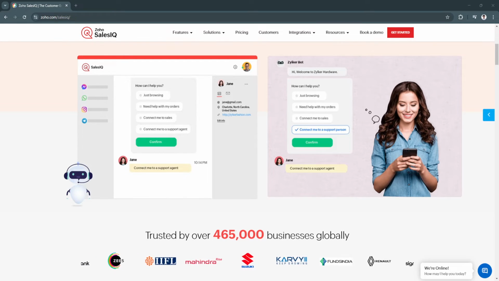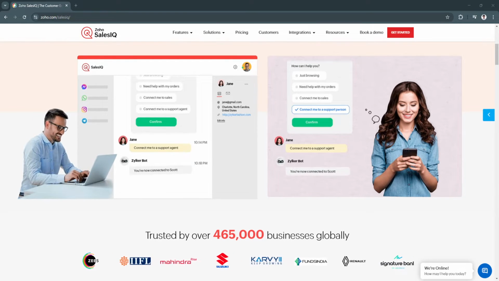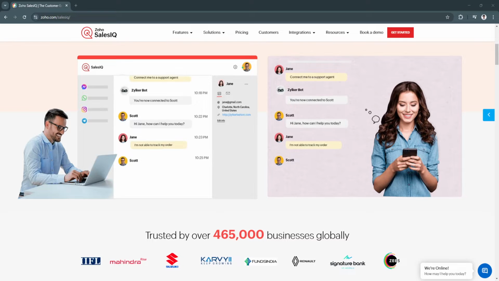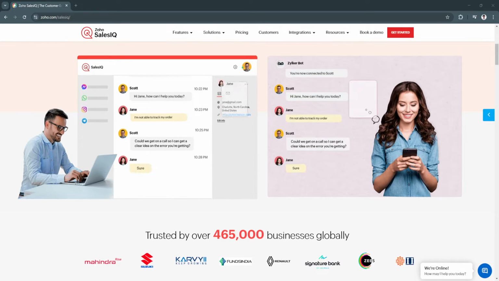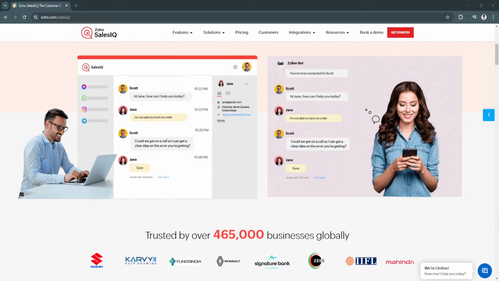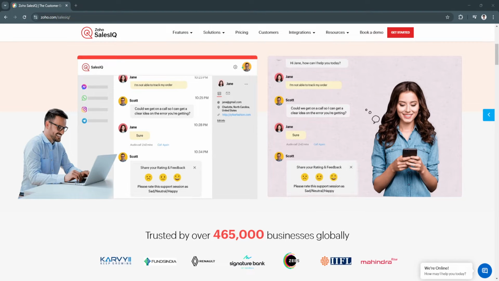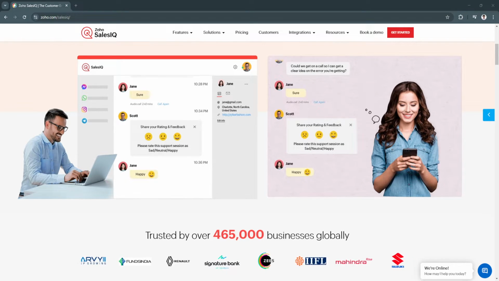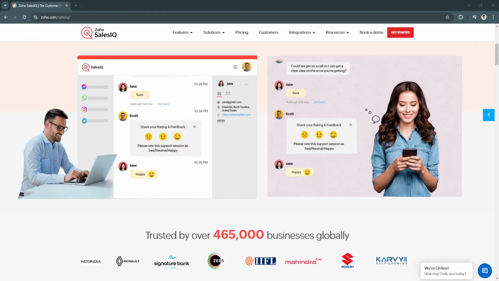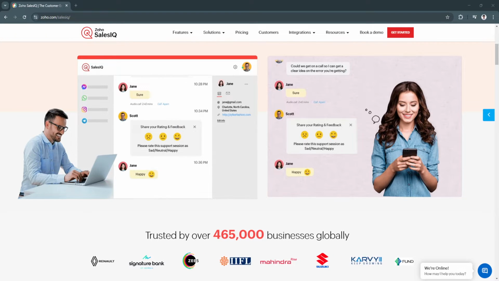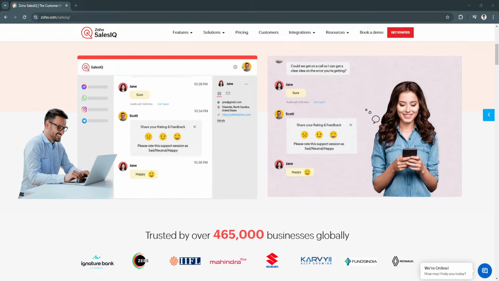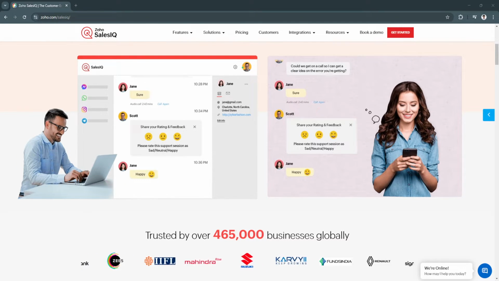In today's fast-paced digital world, providing real-time support and engagement can make or break your customer experience strategy. Enter Zoho SalesIQ, a robust platform designed to supercharge your business with intelligent chatbots, live chat capabilities, and visitor insights. Zoho SalesIQ empowers businesses to offer round the clock support, automate workflows, and personalize customer interactions, all from a